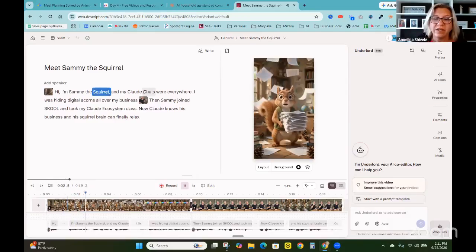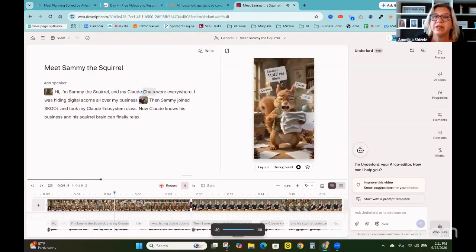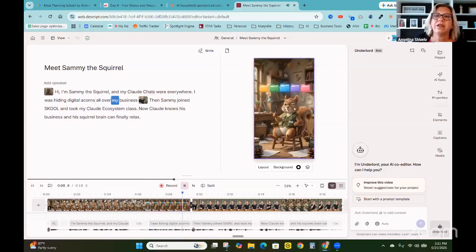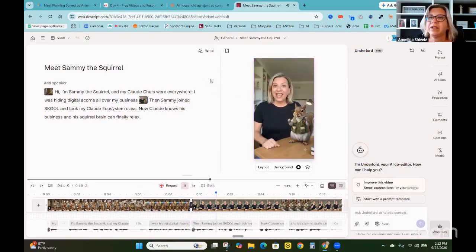I'm Sammy the squirrel, and my claw chats were everywhere. I was hiding digital acorns all over my business. I was Hannah Jones home and took my cloud ecosystem home. Now cloud wants to